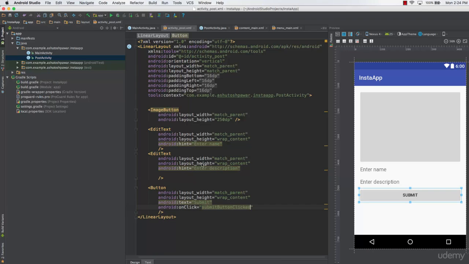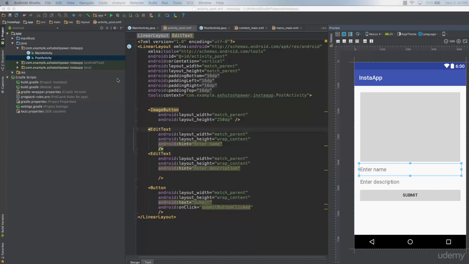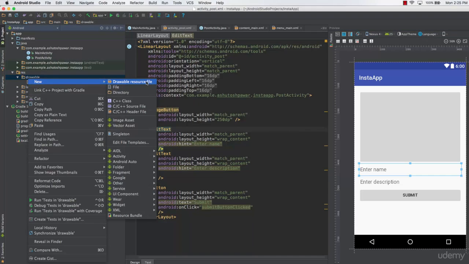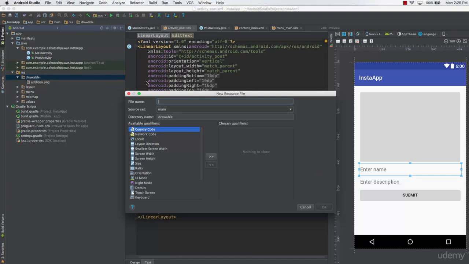clicked. And as you could see, now the layout is pretty much ready, but if you notice, this layout looks quite boring. So let's go ahead and learn how to make this layout interesting. So now let's go ahead and define the shape of this edit text to make it more stylish. So in order to create a shape, what you need to do is go to the resources file, go to the drawable file, and here create a new drawable resource file, and let's name this thing